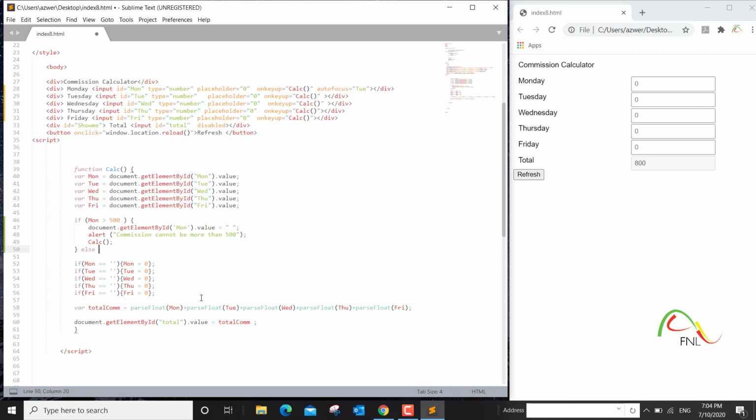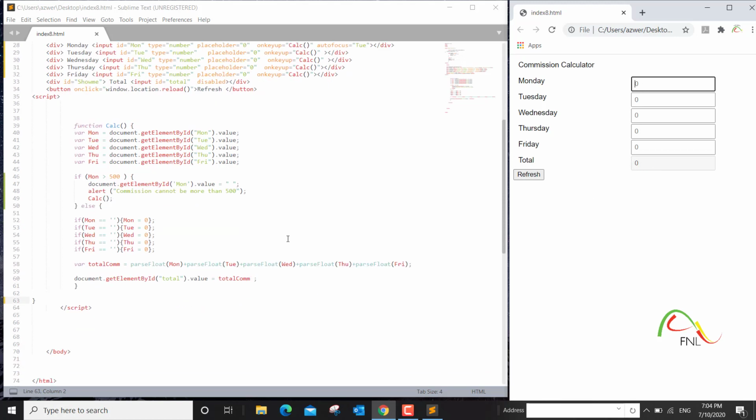I'll say else, and I'll open another curly bracket, and I'll close this curly bracket here. Okay, so the script reads every single thing. So if I save it now, refresh it, type in a value more than 500, we do get an alert. If I say OK, the value of this field has been changed to 0 and the value of total has also been changed to 0.